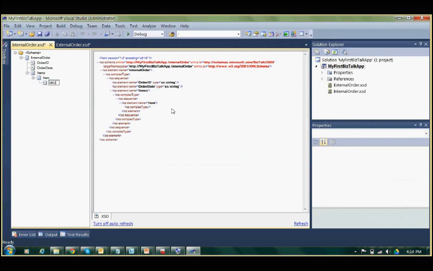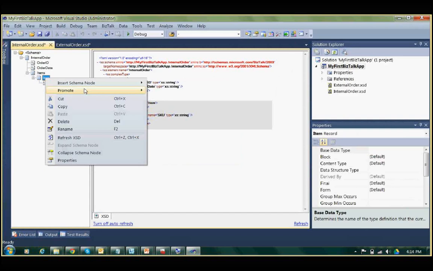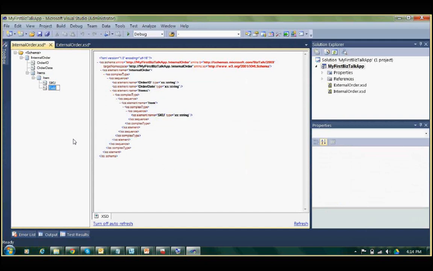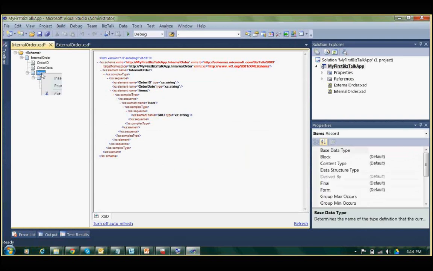Here we have SKU, name is a little different. Then let's have element SKU and SKU and description, or here we have name. Okay, and then another